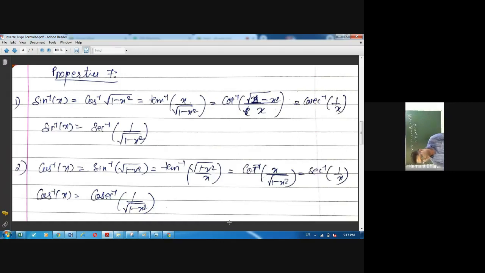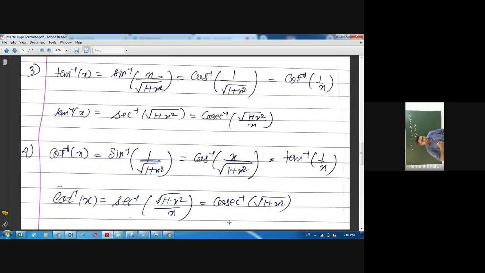Again on your screen there is cos inverse of x. So now this value will be assigned to sine, this value will become tan and this value will become cos, this value will become for cosec, and this value will become for sec. So if you remember one, for the other values we just have to swap. The value of cot will be swapped with tan, the value of cosec will be swapped with sec, and the value of cos will be swapped with sine. So you just remember only one formula, that is for sine inverse of x. The cos inverse of x can be remembered by just swapping the values. Next